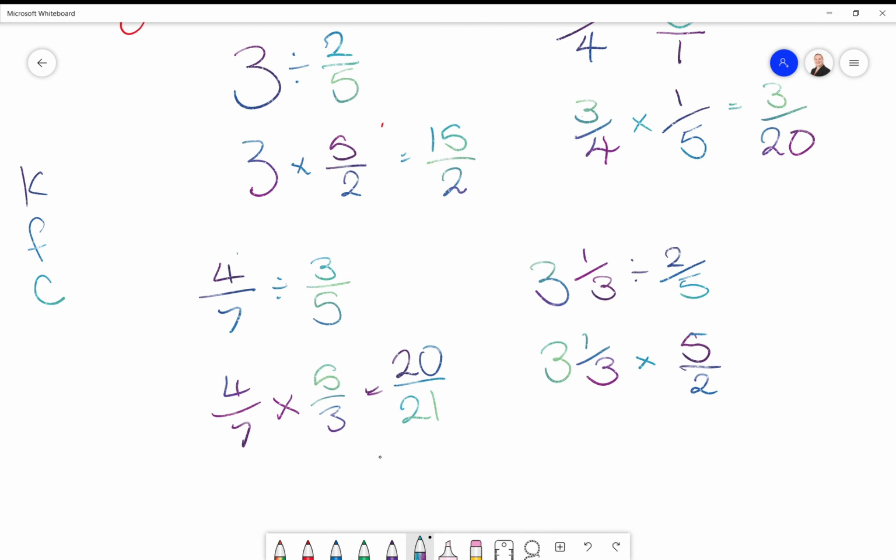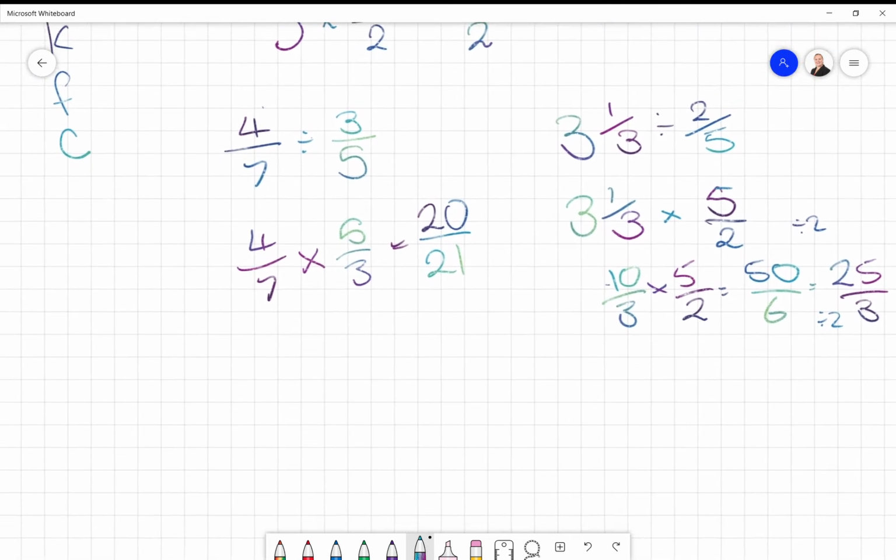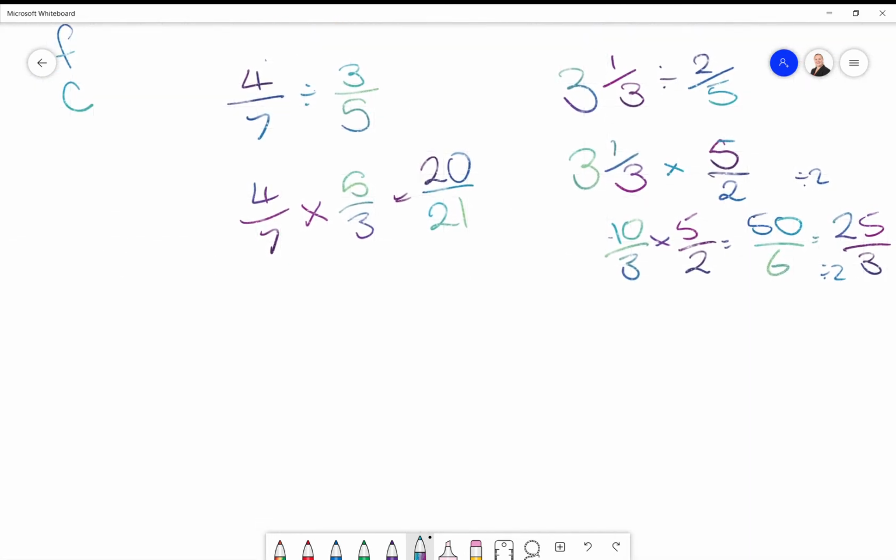3 times 3 is 9 plus 1 is 10, so it's 10/3 times 5/2. 10 times 5 is 50. 3 times 2 is 6, so it's 50/6. I can cancel that down, so it's 25/3 because they're both divisible by 2 because they're both even. Then I can turn it into a mixed number after that. Okay. Last one then, I'm going to do